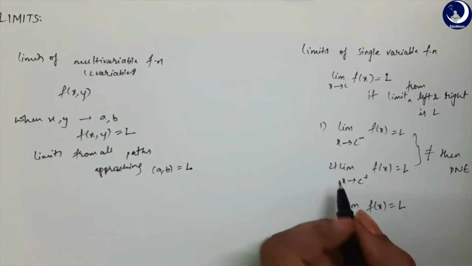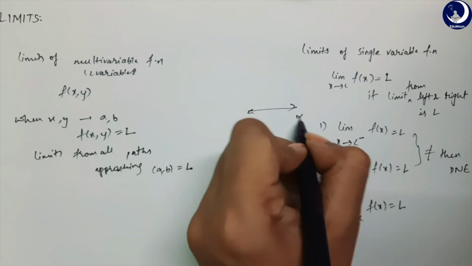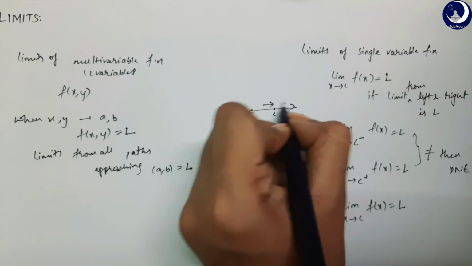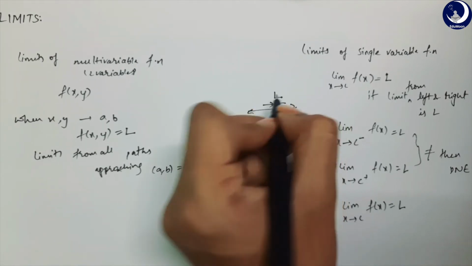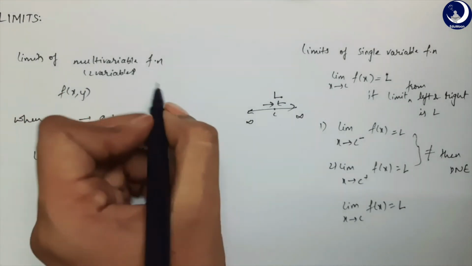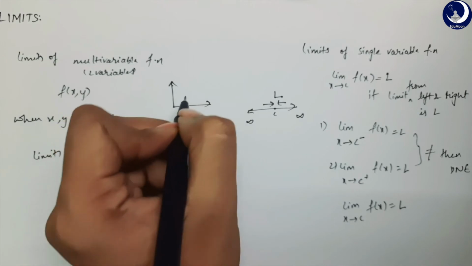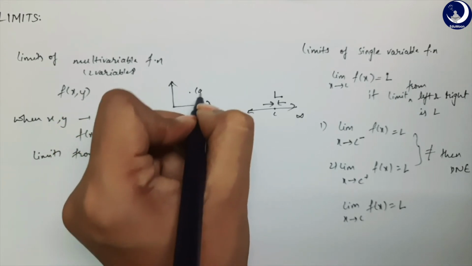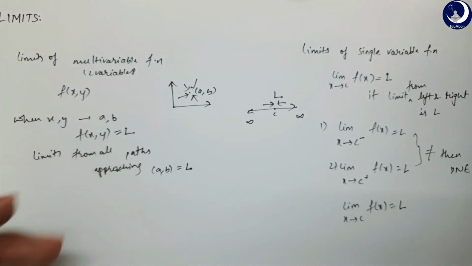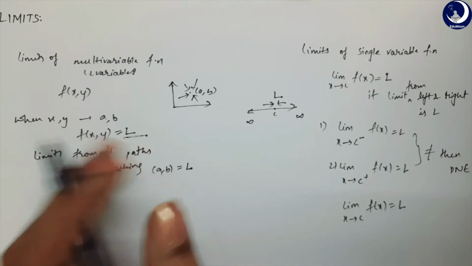So for single variable functions, x is on this number line, right? So c is somewhere here. We're supposed to approach it from both sides, and if the limit from both sides is L, that's when we say the limit exists. But for a multivariable function, or say a two variable function, it is not on a number line. So say here is (a, b), we need to approach it from all directions, and if from every direction the limit is always L, that's when this function's limit is L. If not, the limit does not exist.